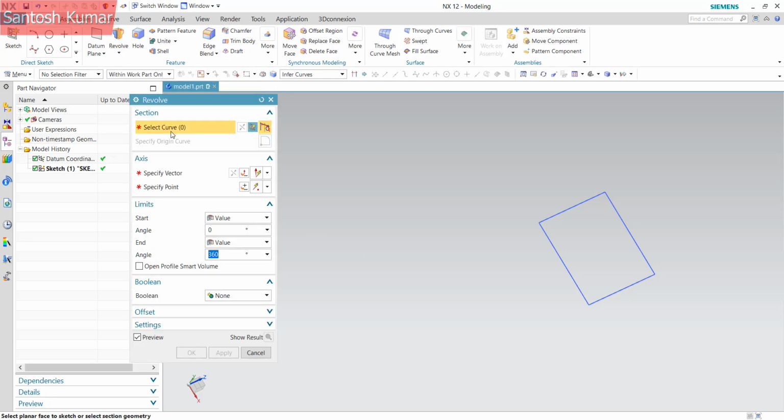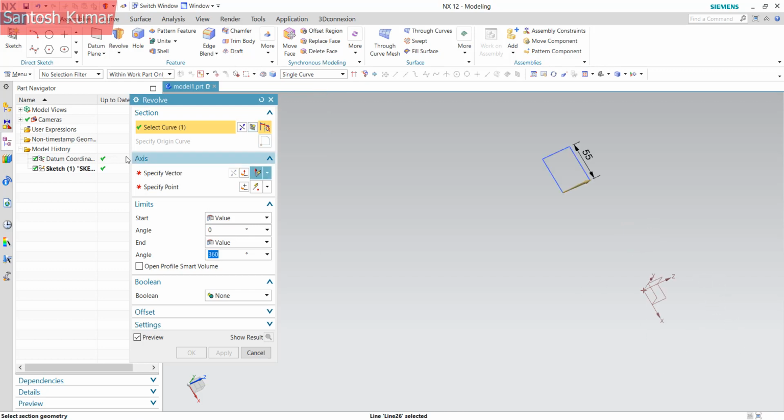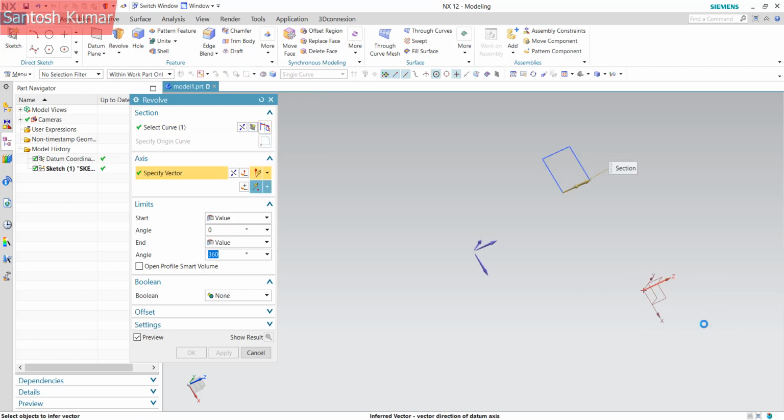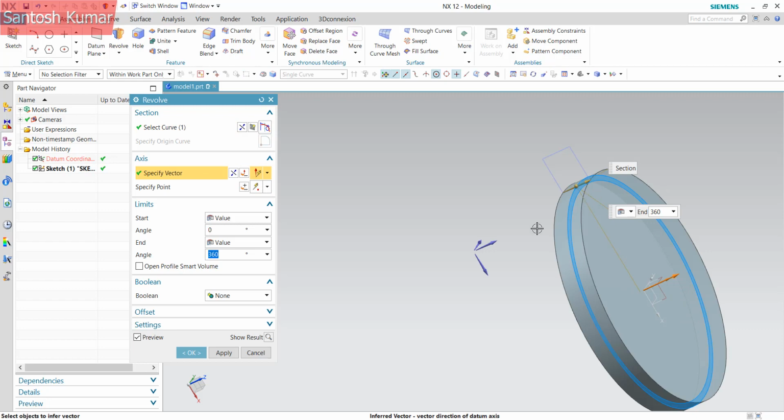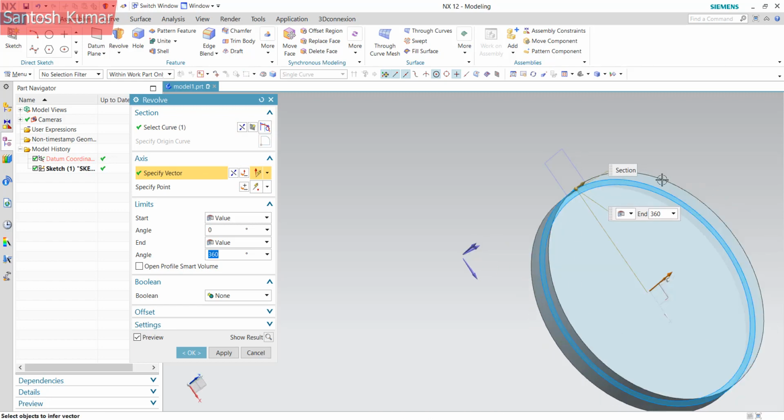And revolve, once again, here you have a similar kind of option that's available in the extrude. Here you select the curve. You want to select the entire curve, or you can even select a single curve. I select the single curve, and I want the vector. I select Z as my vector. So it will try to create a revolve section out of it,